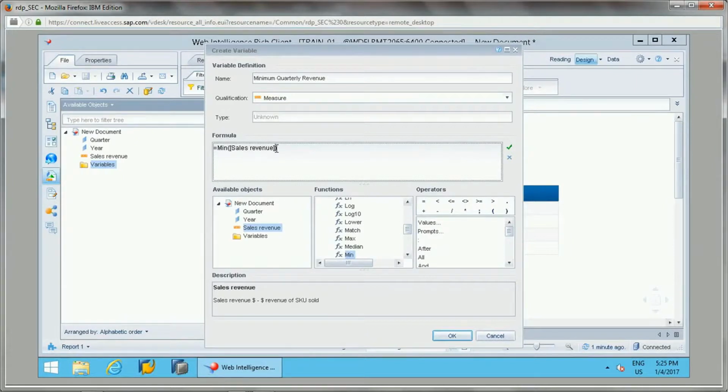Now we can use the For Each operator: minimum of sales revenue For Each quarter. I want to calculate the minimum revenue for each quarter, so for that purpose I will use this For Each operator, and I'll output it with the year dimension.